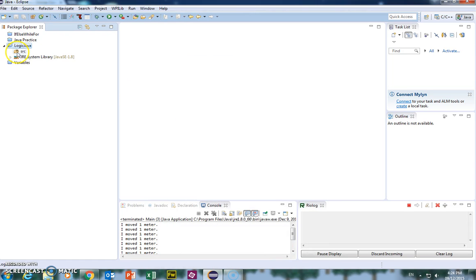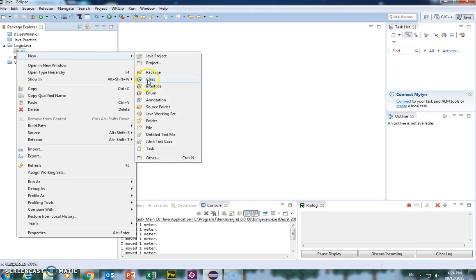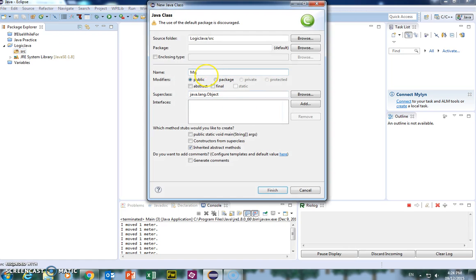First thing I want to do, open up my project, and inside there's a source. That's where I'm going to keep all my classes. So I'm going to go new class. This class I'm going to call main. I'm going to check this public static void main method, we need that in there, and I'm just going to call this